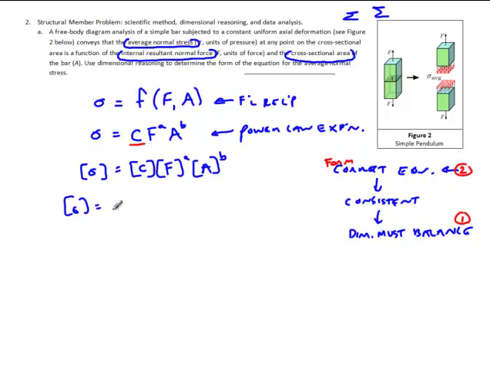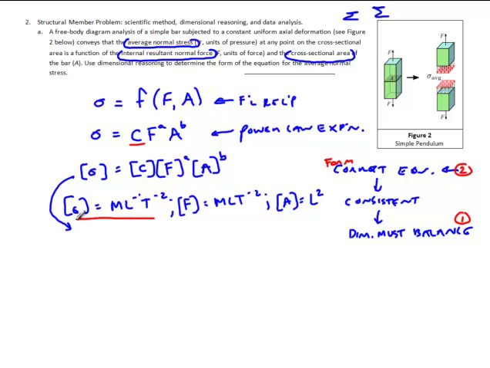So dimensions of stress, it says it's got pressure. Pressure is M L to the negative 1 T to the negative 2. Force is M L T to the negative 2. Area is L squared. And the constant is just 1. So we go from here now, we substitute all of these into this equation,